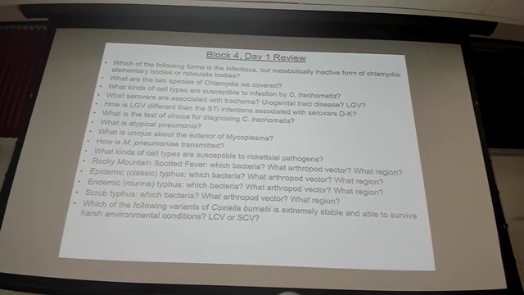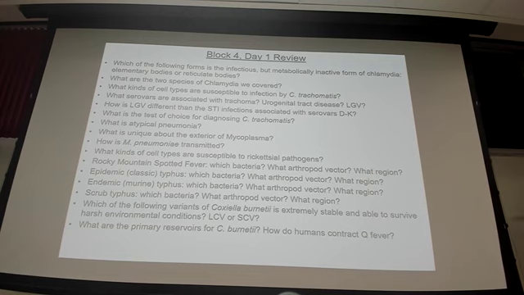Coxiella burnetii, a couple questions about this. When we're talking about its ability to survive out in the environment, which one of these forms, what do those stand for? LCV is large cell variant, SCV small cell variant. And which one is the one that is more rugged and able to survive? Small, yes, kind of a rule of thumb in nature. Primary reservoir for burnetii: livestock, goats, cows, whatever.